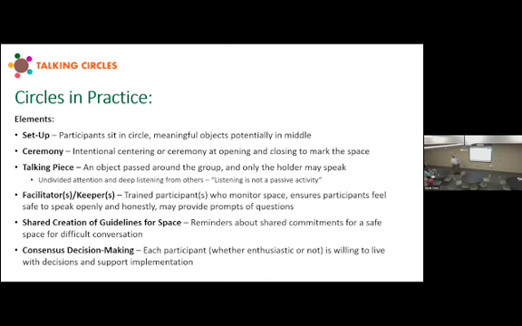And then circles have a talking piece, which is an object that's passed around the group, and only the person who's holding it can speak. Many people have heard of a talking stick. That is where it comes from: someone would be holding whatever the talking piece is, and others around the circle would be deeply listening without thinking about what am I going to say. They'll be making eye contact. They'll not be doing the typical thing of trying to interject, which is really hard. Jessica and I will agree.